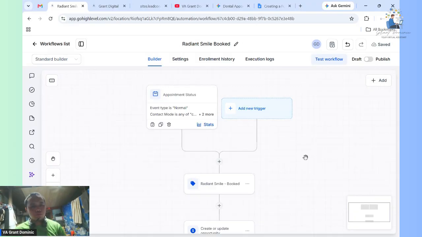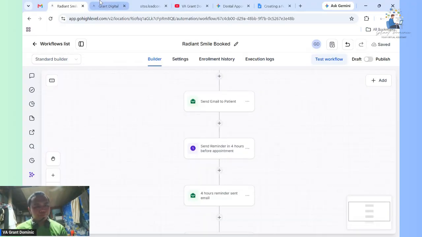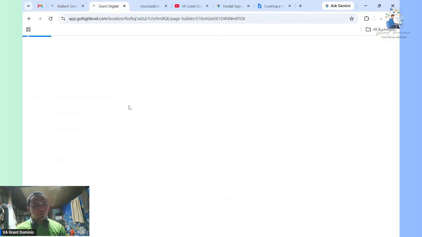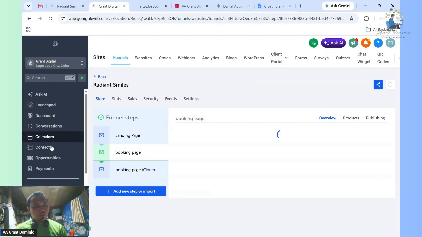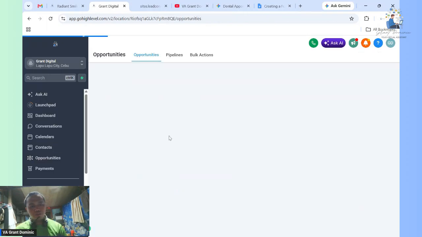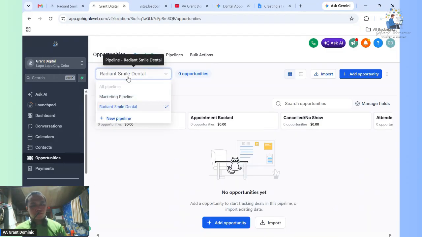If they already booked, we will see it here in the opportunities. After the booking, it will display here in appointment book.